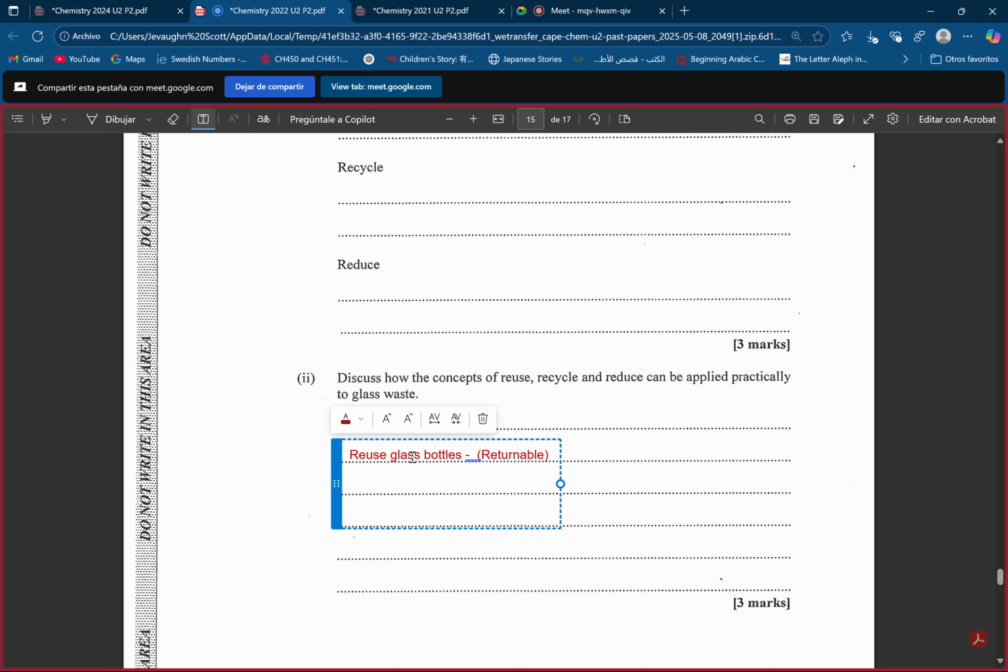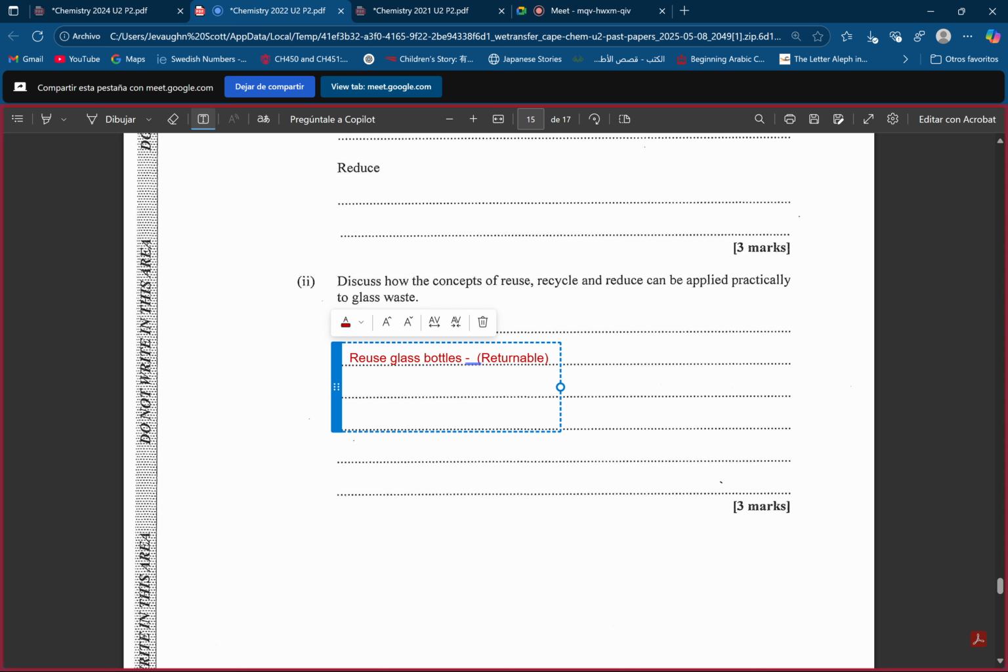So remember, reducing is about minimizing the waste generation, right? So if you stop consuming high amounts of glass products, then you would reduce glass waste production, right? So you could think about stuff like that,